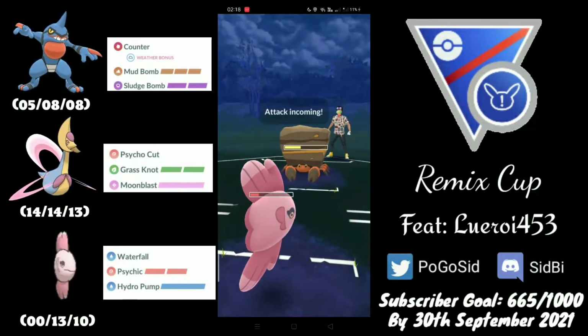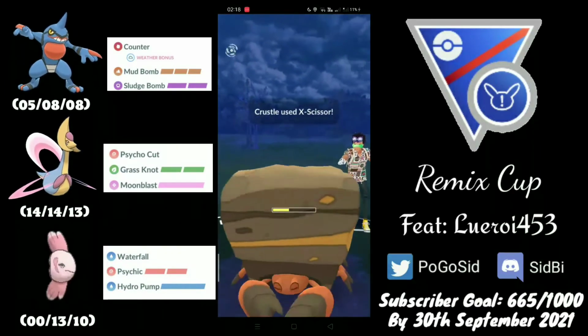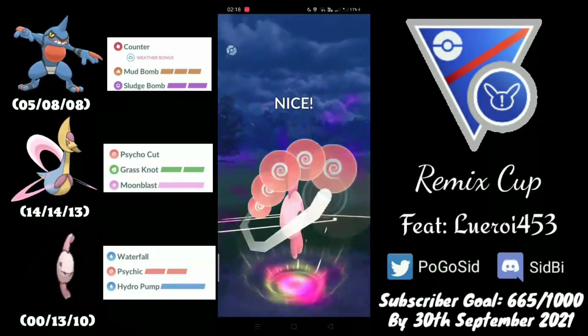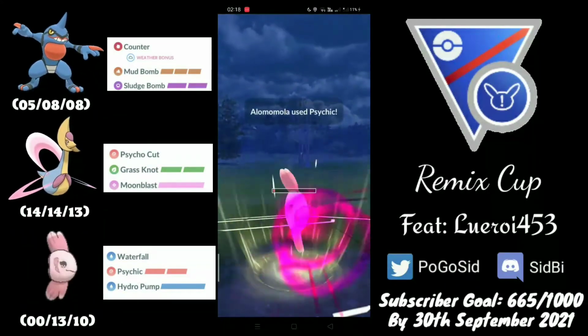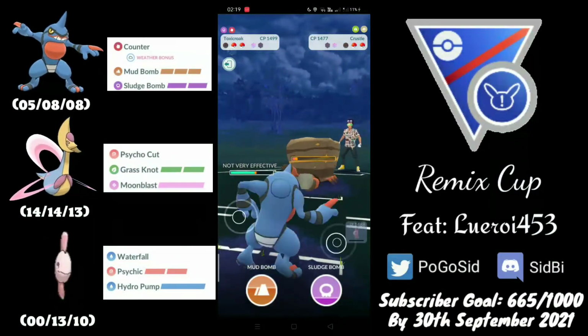And in comes this Pokemon called Crustle. So in comes Crustle, will need to throw this X Scissor, not enough to knock out the Alomomola, and it was a CMP die as well. So definitely would want to shield the Psychic. Shield the Psychic, and I think the game is pretty much wrapped up, because Counter will do a massive amount of damage,